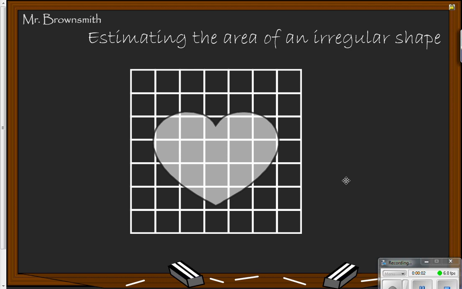Today I want to talk about how to estimate the area of an irregular shape using a grid in the back to help me figure out the full area of this, or close to the full area of this. So the first thing that I like to do is to count all of the full squares that we've got